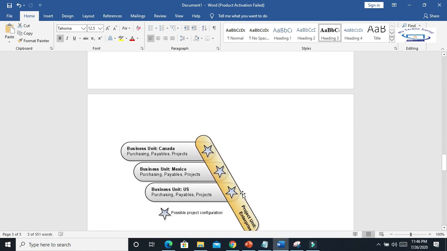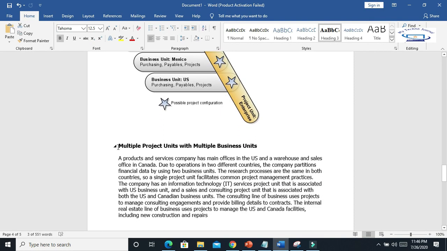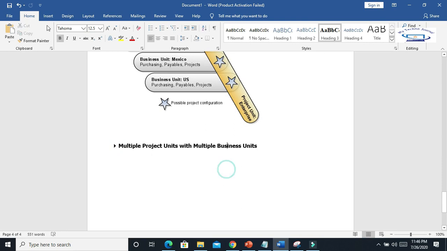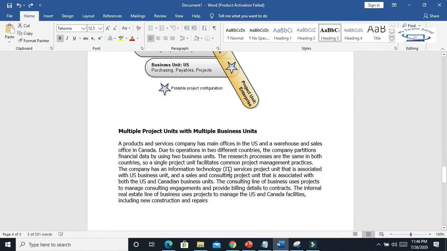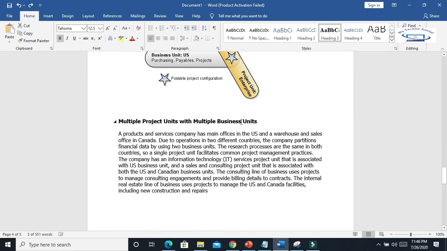In the second scenario, multiple project units with multiple business units. Why is it required? In this case, the company has offices in USA and some operations like a warehouse and sales office in Canada.